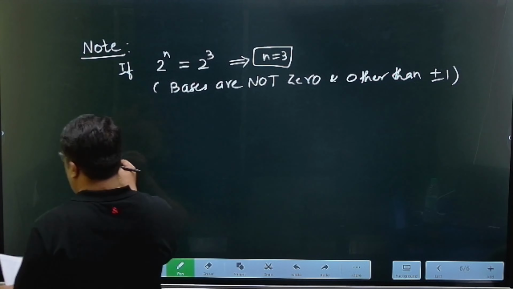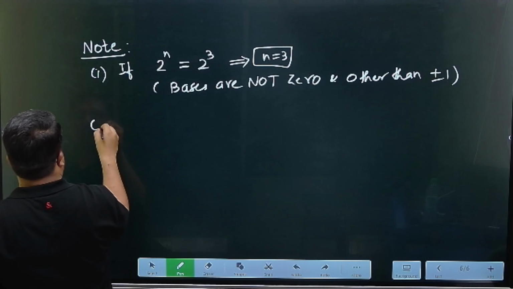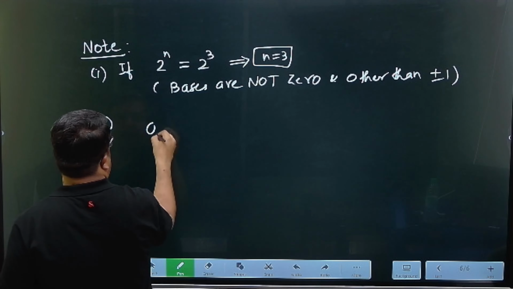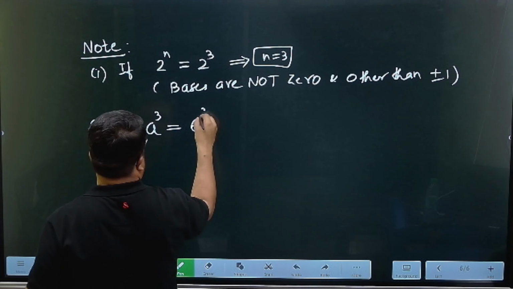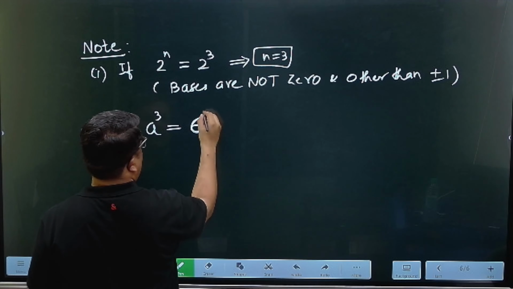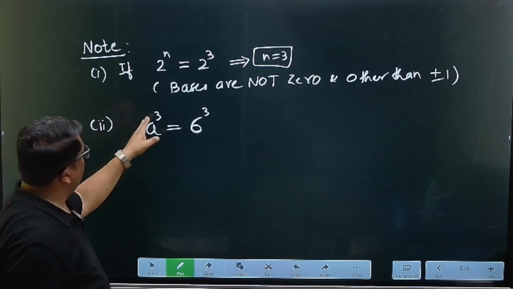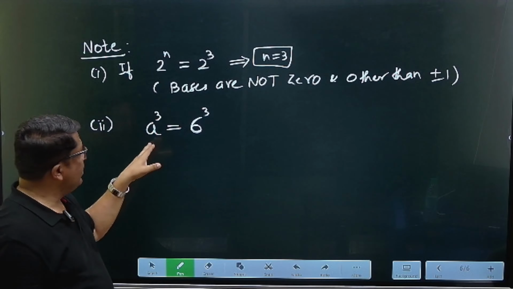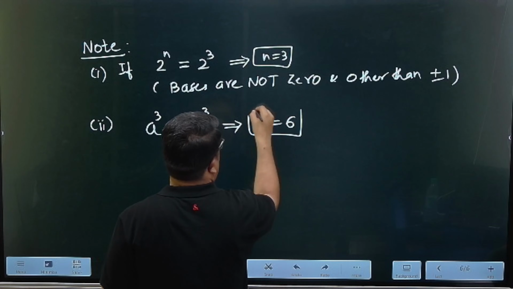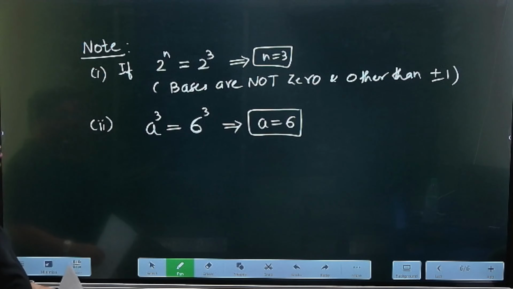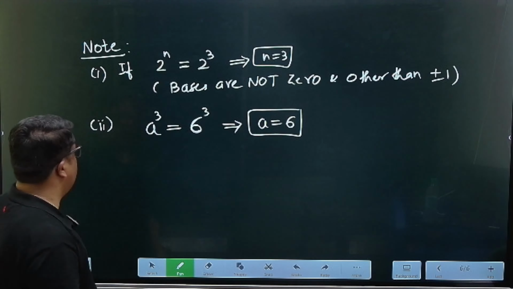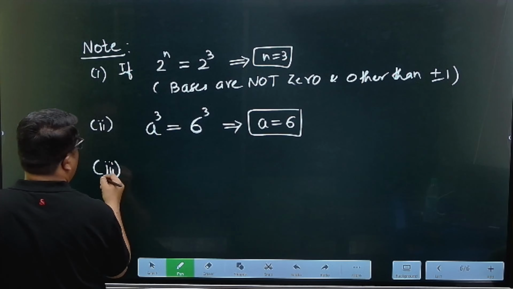Next, this is the first one. Second one, if I write a cube is equal to 6 cube, equality of two numbers where the indices are the same but the bases are different. So this implies a equal to 6. So here the power is odd, so we'll get directly one base. If the power is an even number,